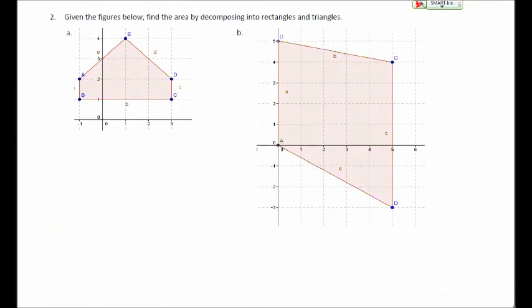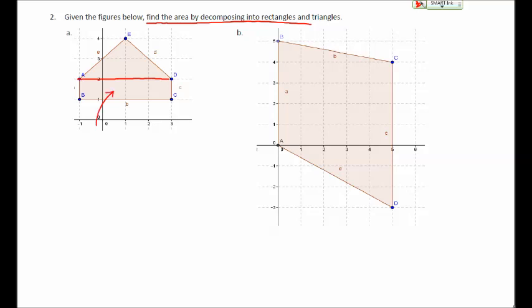In problem 2, we're given two polygons, and we're asked to find the area by decomposing into rectangles and triangles. Now, there are two ways to find areas of polygons and triangles. Sometimes they both work equally well, and sometimes one is easier than the other. So I'll show you both, and I'll allow you to think about which one is better in each problem. The first way is by decomposing the inside of the shape into rectangles and triangles. For example, the left one, you can cut it like this, and that gives you a rectangle on the